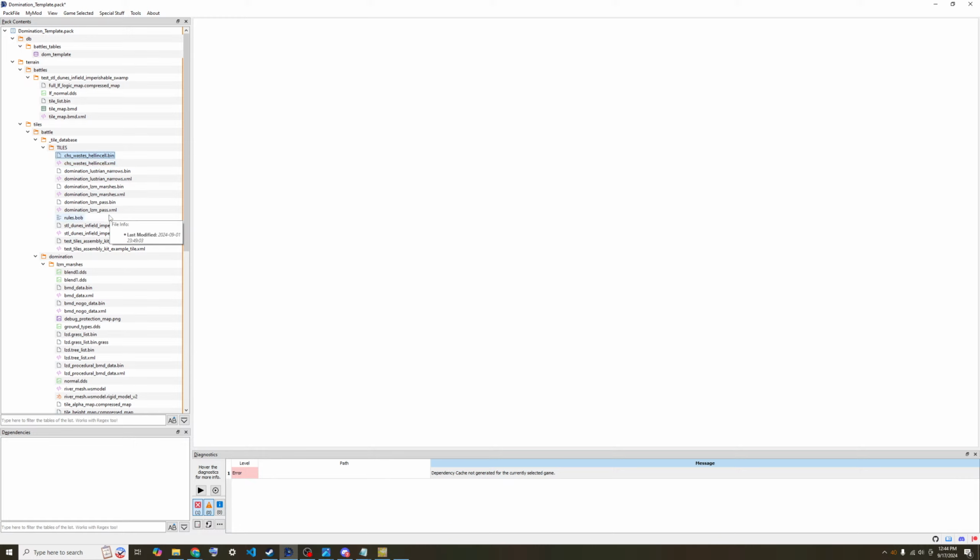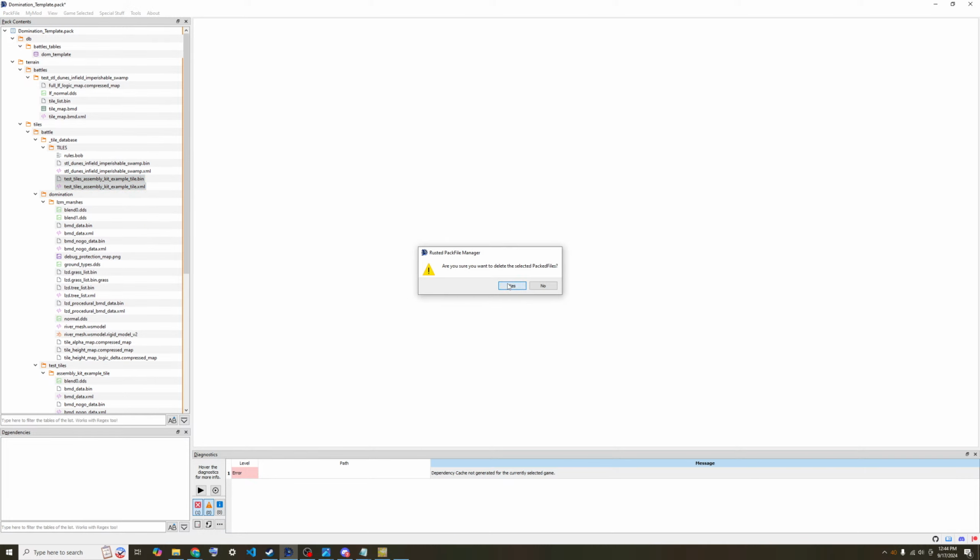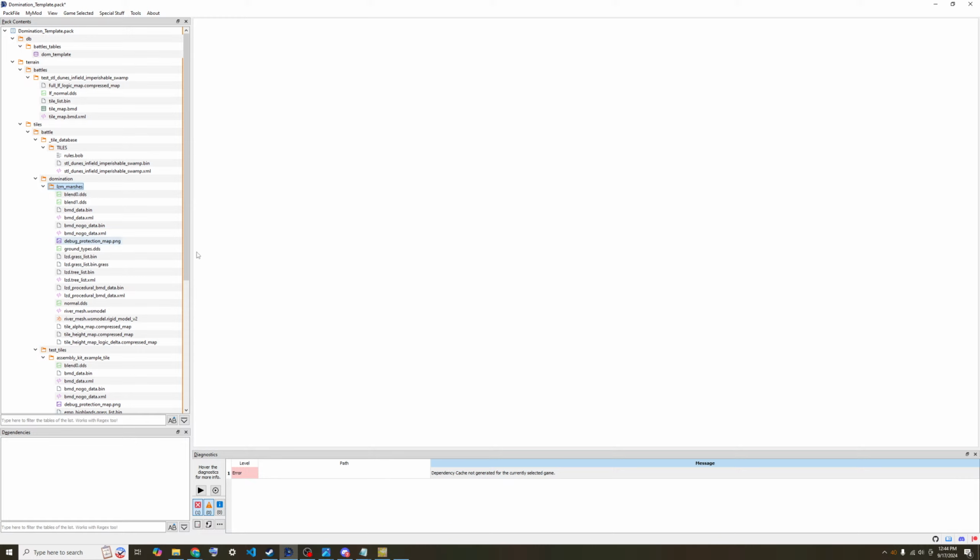So Lustrian Narrows. All of this can be deleted. Just make sure they're the right names. The example ones can be deleted. You can see there's a lot of extra deleting that's going on that you wouldn't necessarily have to do, but you will have to delete the